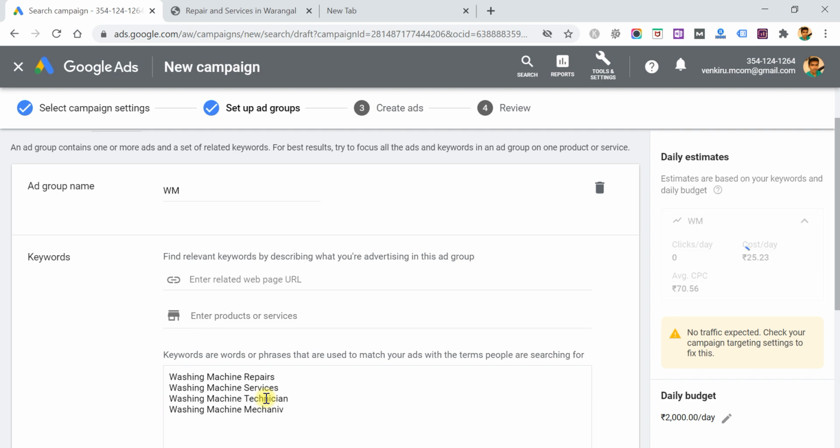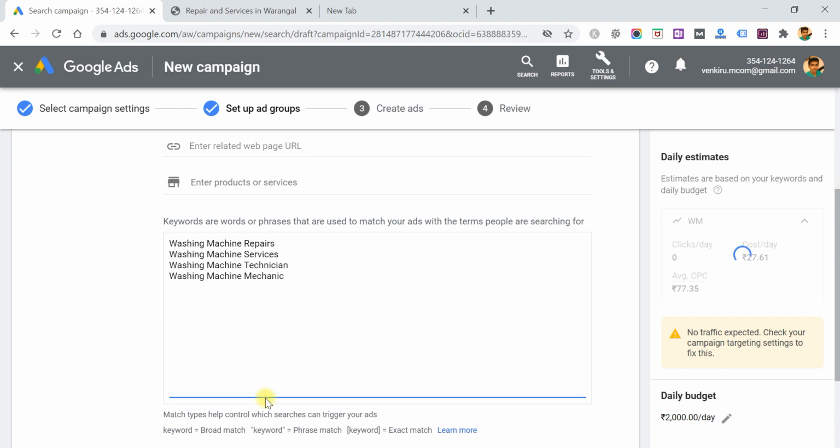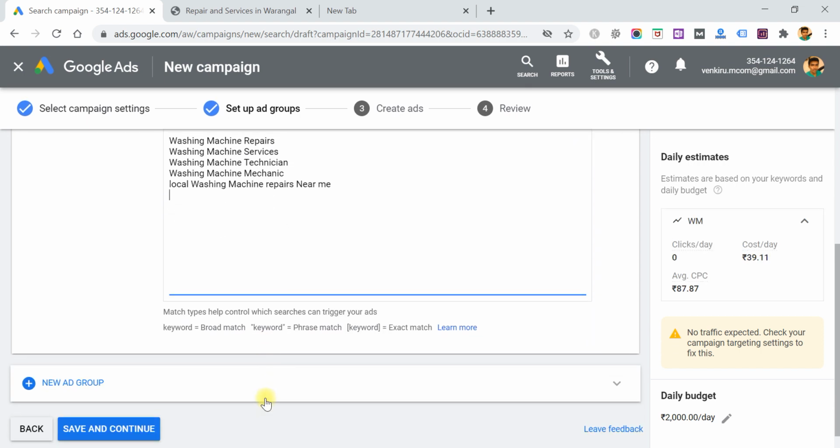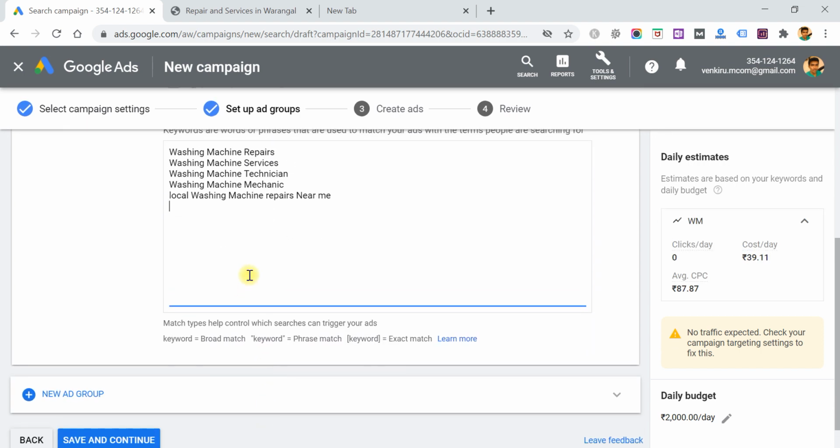You see, don't enter brand names like LG, IFB, Samsung, whatever it is. Don't enter. Like this, you can add 10,000 keywords. But I am stopping here because this is just a sample, right?